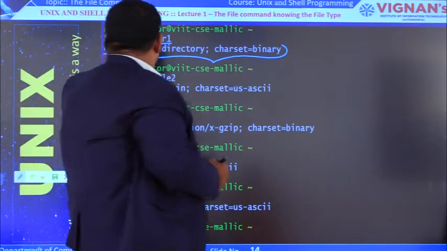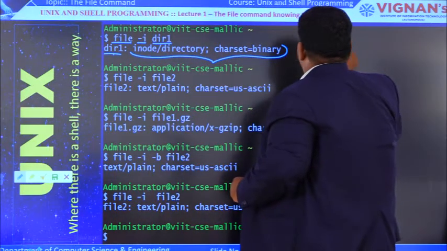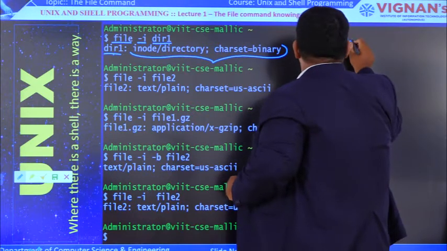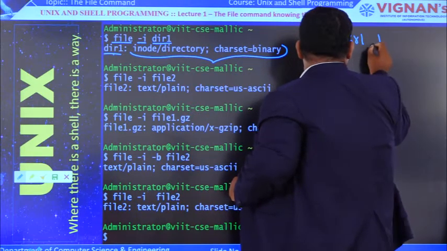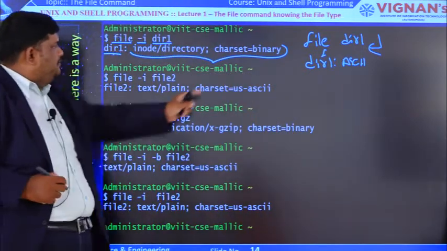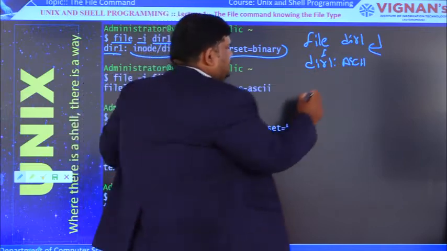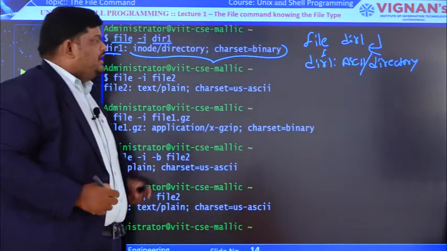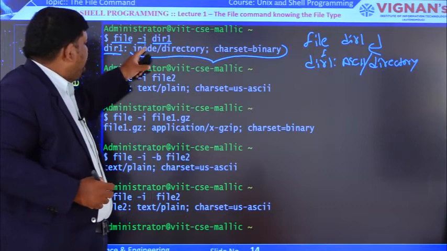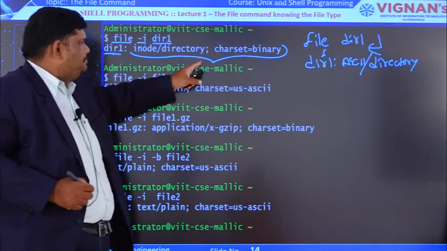For example, if you type the same thing without option I, file space DAR1, enter, the output will come like this. So without option I, straight away the human readable format output will come. If we give the option I, then the internet standard format output will come,